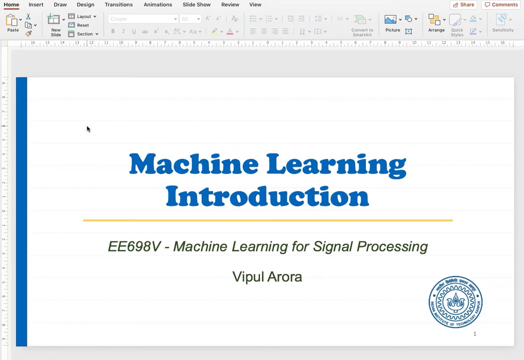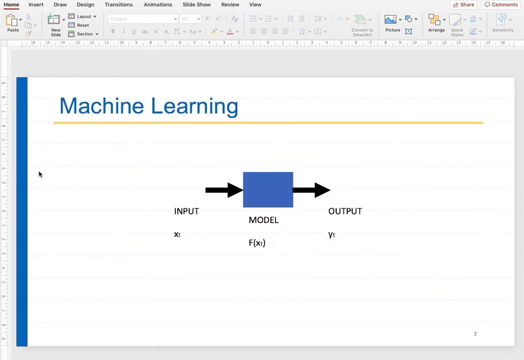Okay, so let's start with some basics of machine learning, because now we have seen how to represent our signals, how to formulate the space. Now let us see what to learn from the space, how to learn from the space. We discussed in the first class what machine learning is. In machine learning, you have a model which you want to train so that it maps your input to desired